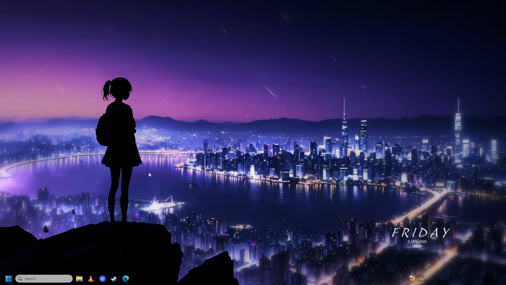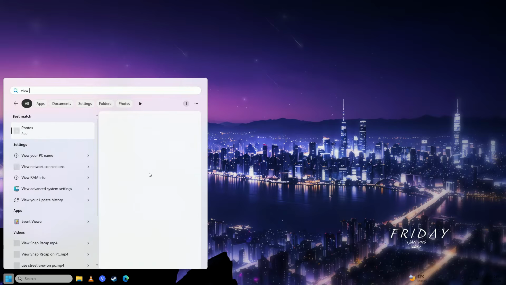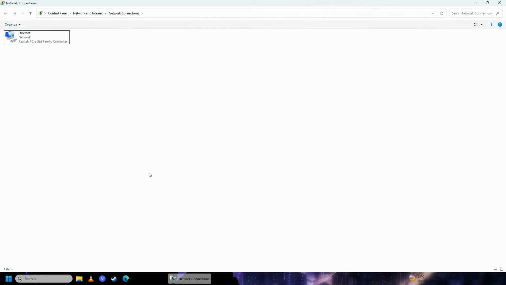What you're going to do is open up your start menu, go to view network connections, and now select your network connection here. If you're on an Ethernet connection, it should say Ethernet, and if you're on a wireless connection, you should have WLAN here. So just click on your network connection and then click on change settings of this connection here,